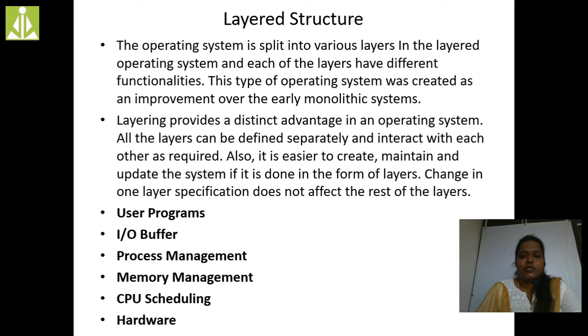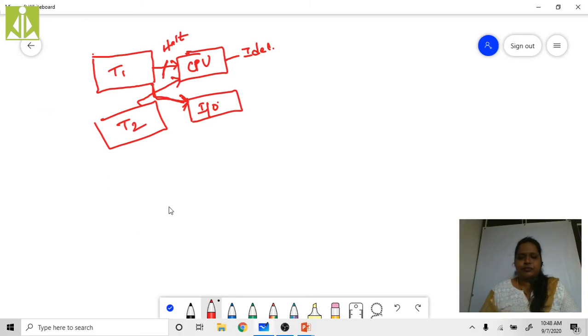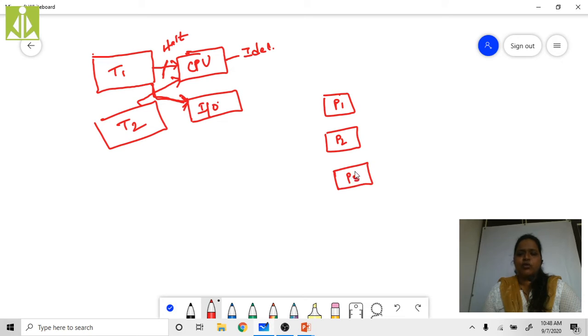And the next one is the process management layer. The process management layer is mainly concerned with the processes. Suppose you have different processes, P1, P2 and P3. These are the 3 processes we are having, and here we have a CPU.